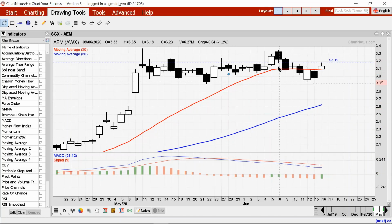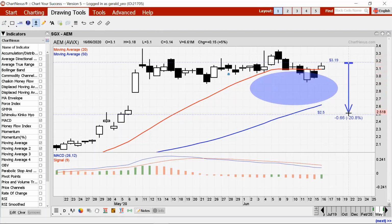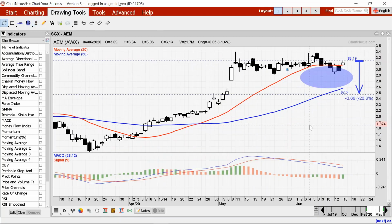Now the challenging thing for this is because it has gone up so sharply, you see the 20 and 50 MA is pretty far apart. So as this whole chunk is a support zone, I do not want to just take any cut losses anywhere along the way. So usually this is where the stop loss will be set below the 50 MA, this blue sloping line. But in so doing, because they are so far apart, your risk could be pretty wide. So you can see it's about 20%. So if your risk appetite is not that high, AEM may not be a good trade. Okay, it has a valid signal, but it may not be a good trade